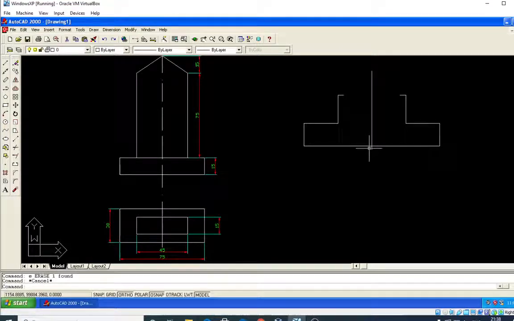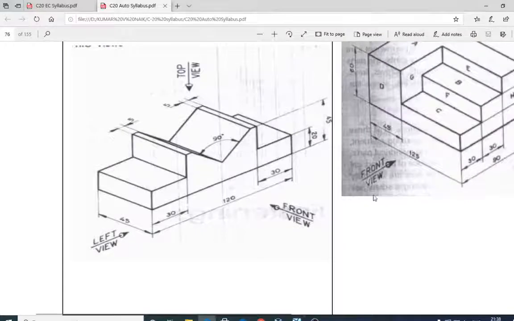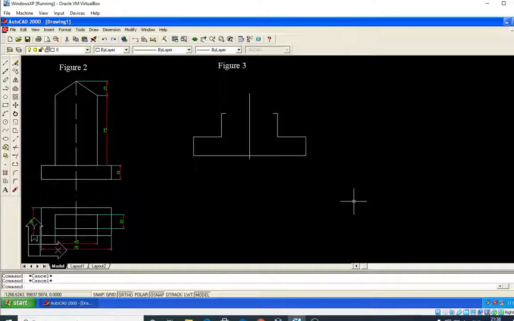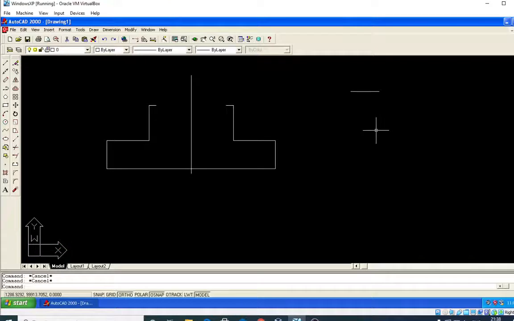So what I should do, I have to draw a line in such a way that it should be at an angle of 90 degree. So inside angle is 90 degree, means, so let me draw one side line. The line should be something like a triangle, 20 mm. I will show you just an example. Okay, so 20 line. So here again I will take a line command.